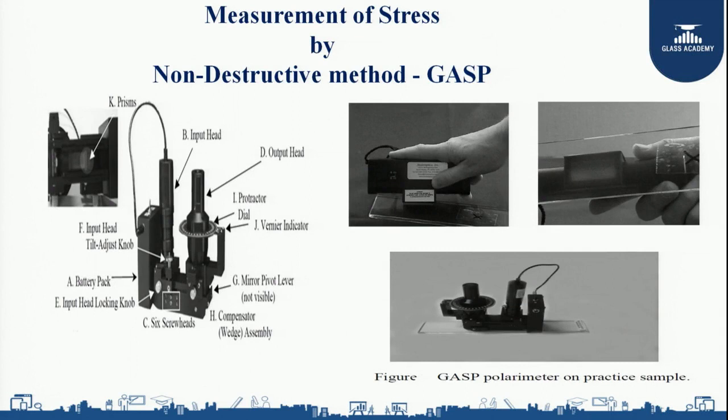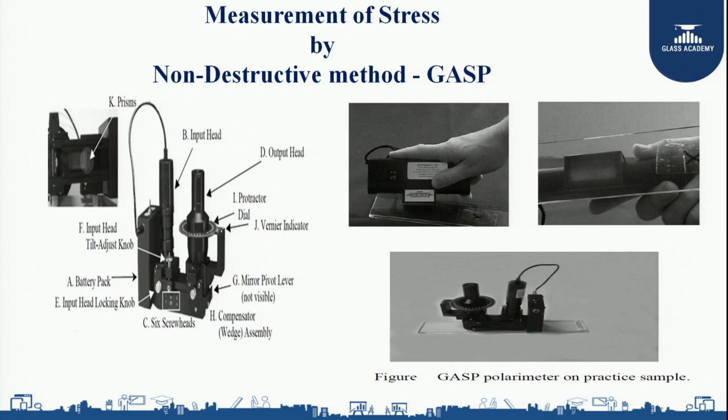So in order to identify, we have one equipment known as a tin side tester. You can see in the figure, that is a tin side tester. When I place it on the glass surface, if I get a hazy impression, that indicates it is the tin side surface. If I am not able to get any hazy impression, that is my air surface. So the measurement of GASP shall be on the tin surface. You can see in the third figure, this is how I am going to place the glass. After identifying which is the air side and which is the tin side, I need to place the GASP equipment on the tin surface.